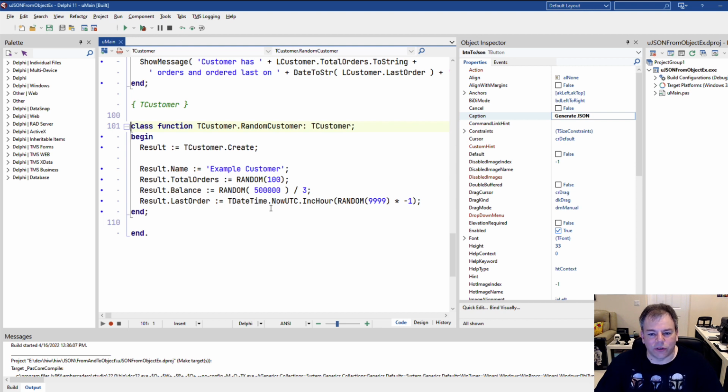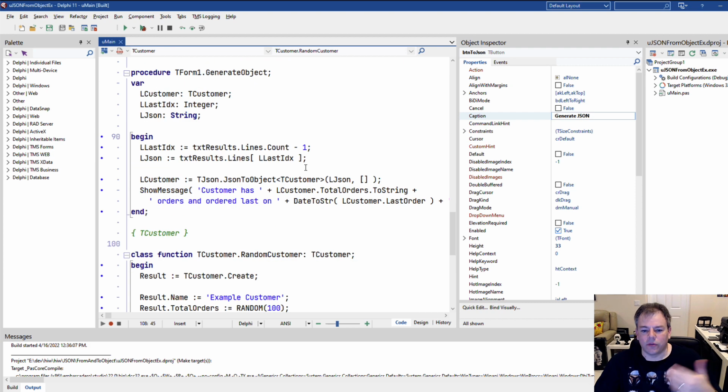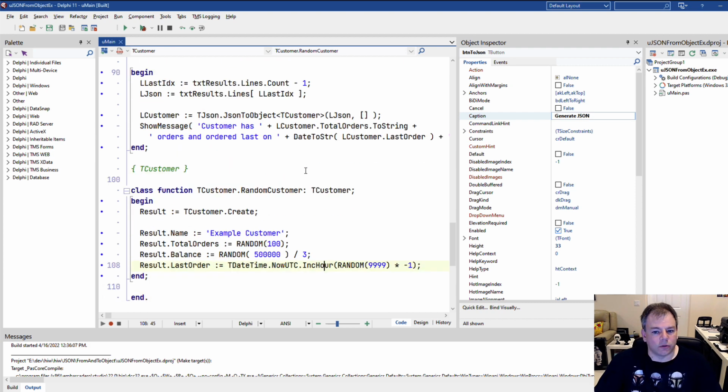And then the last order as well, using TDateTime, Now UTC time, and then I increase that value by a certain number of hours and multiply it by -1 because I want the date to be in the past. That's all I do. So this way you can generate your random customer.